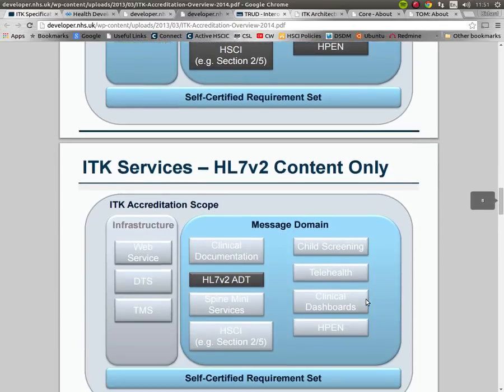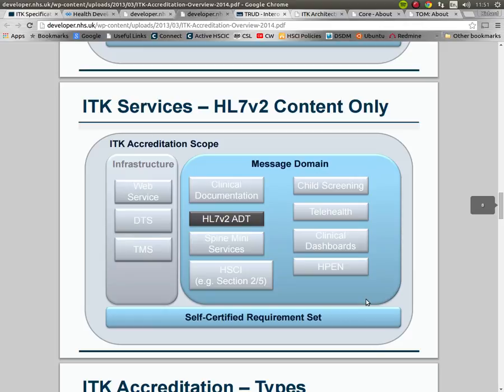We've also got an accreditation option which is purely based around content, and that's for HL7V2 ADT messages, admission, discharge and transfer. So these are, I guess, the messages which were typically known as the pipe and hat delineated messages, and we do have that very much for sending systems, so systems that are sending messages that want to use our specifications, which are very good in terms of nailing down the use of segments and fields, and offer basically a